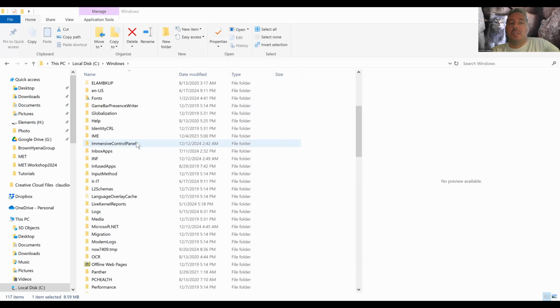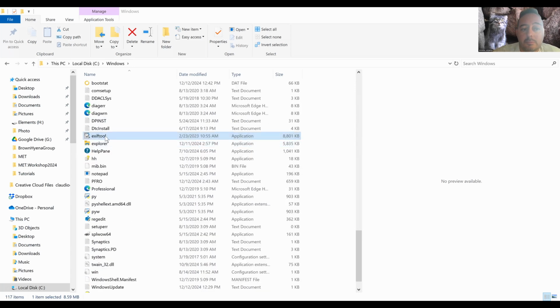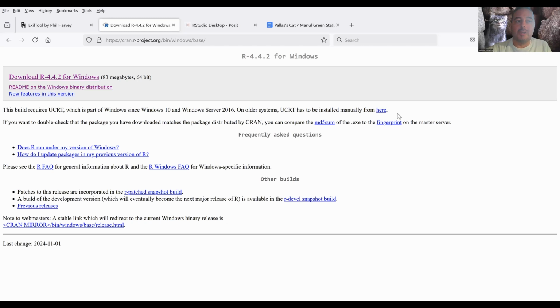It will appear directly in the Windows folder. Once you have this icon, probably you need to modify the name, because it gives you ExifTool with brackets and a key. You delete everything else except ExifTool in the name and leave it as it is. So here we are. After we installed and correctly located ExifTool in the Windows folder, we need to install R, and